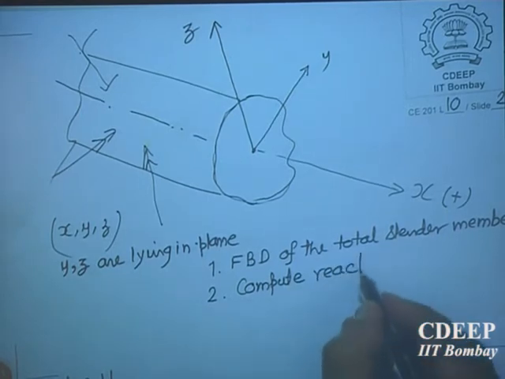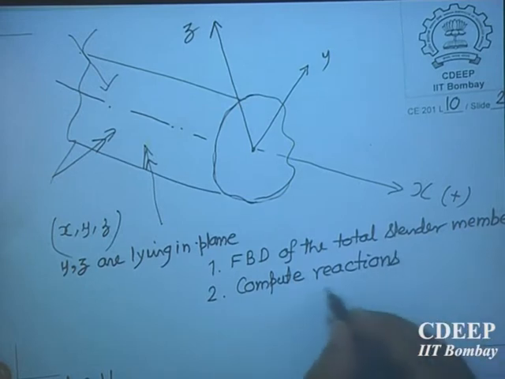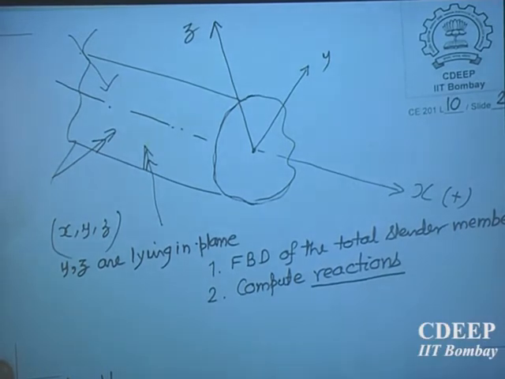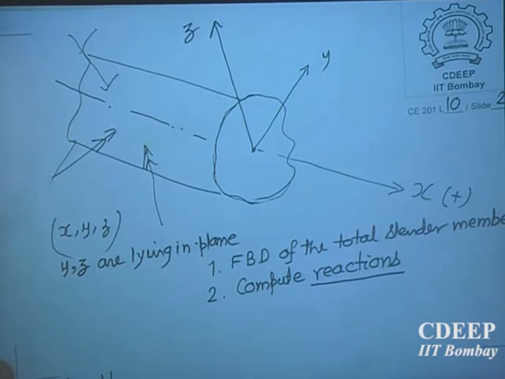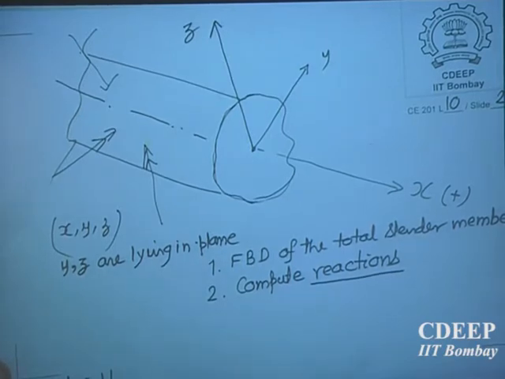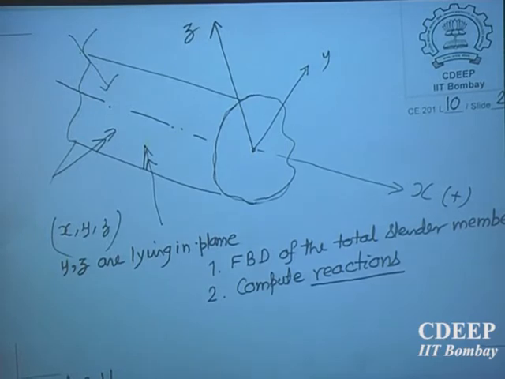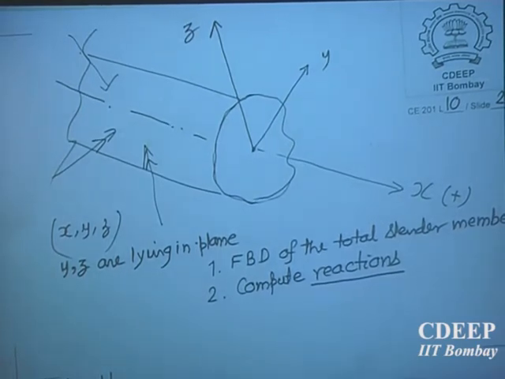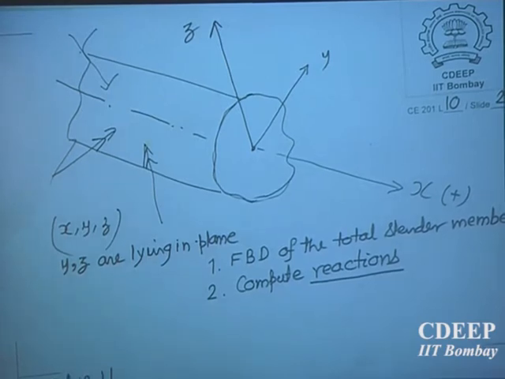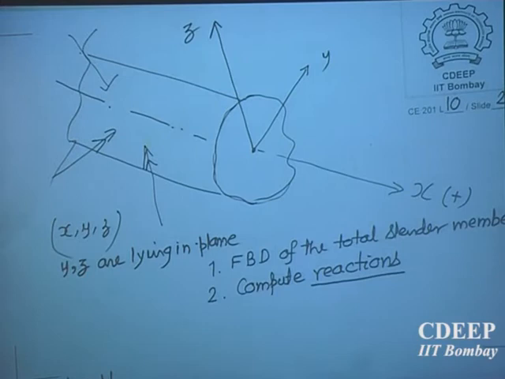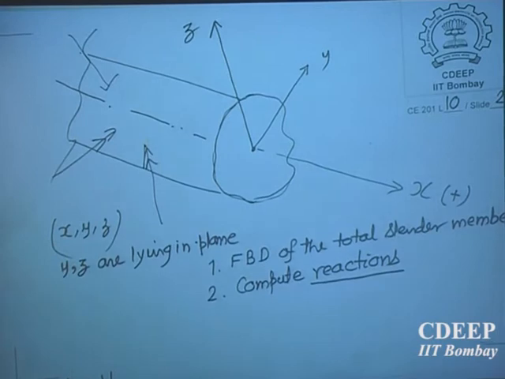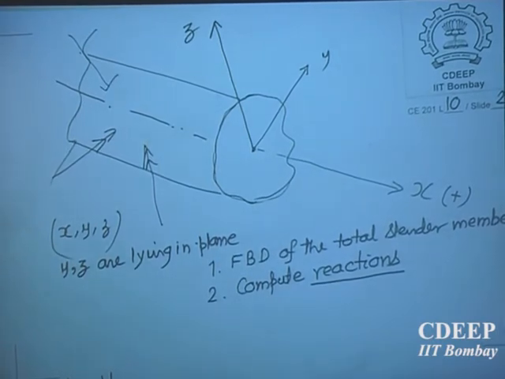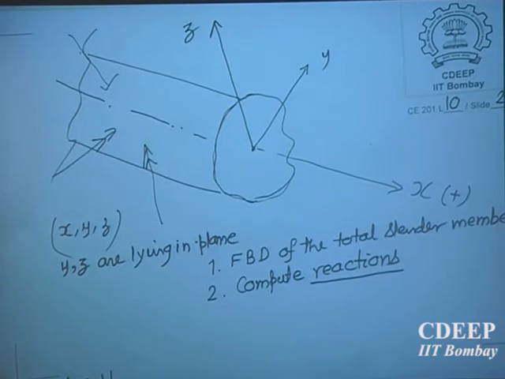At the support, what are the reactions? Can you get the reactions in all situations? I think Namrata knows. Yes, you cannot get them in all situations. In which situation do you get the reactions? If it is statically determinate. Yes, if it is supported in a statically determinate manner, if the number of constraints is just sufficient to keep the body in a state of equilibrium, we call it statically determinate, and then we can find out all the reactions. But if it is not, then what do you do?